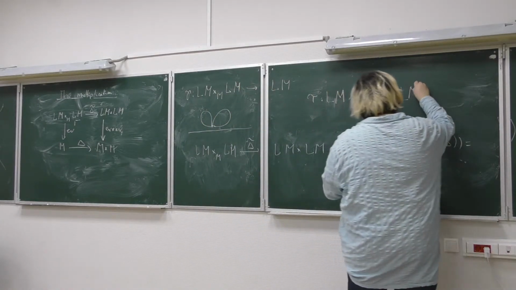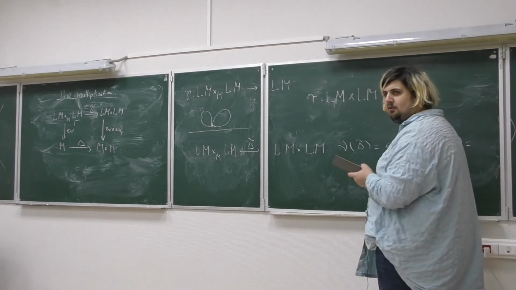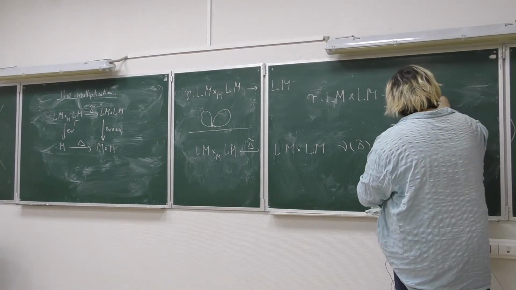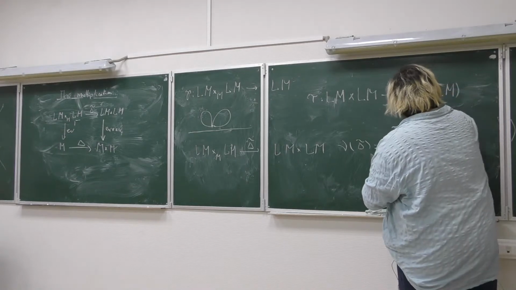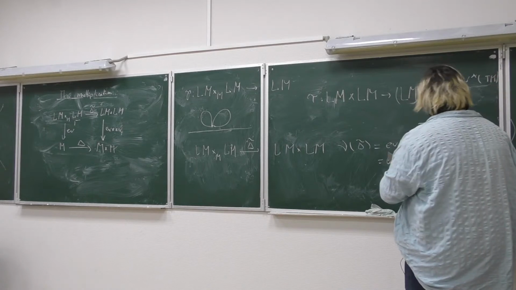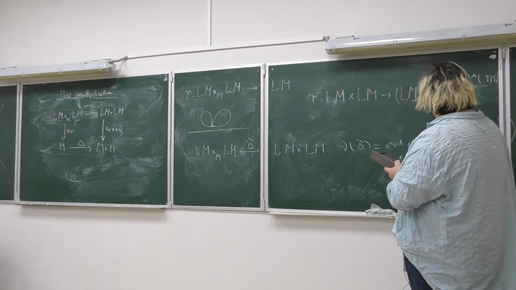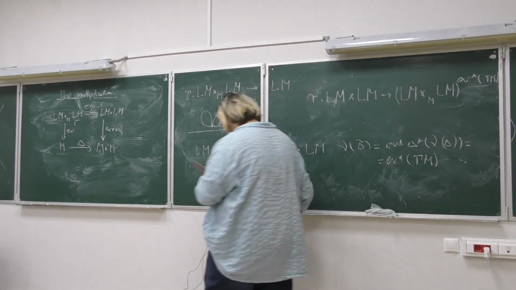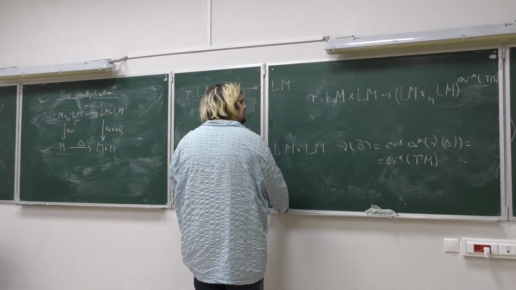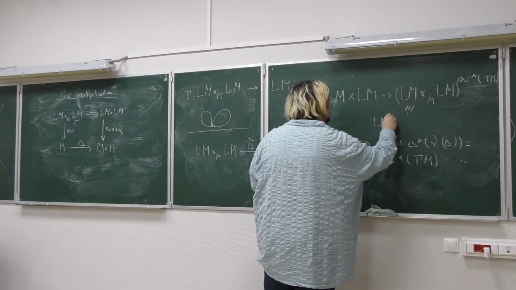Well, let me write it down, and you'll immediately understand what I mean. So it's the Pontryagin-Thom collapse map. We collapse everything outside of the tubular neighborhood to infinity, and we get this thing. Yeah, and so we will denote this last thing simply by